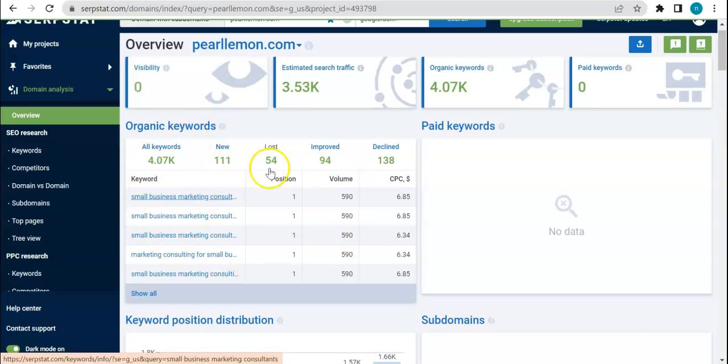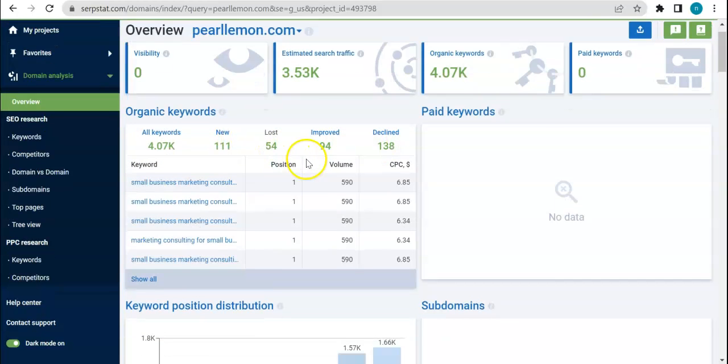But when you scroll down a little bit, you'll see a more detailed explanation of the following results. Here you can see organic keywords, the list of keywords, and then the results that are gathered